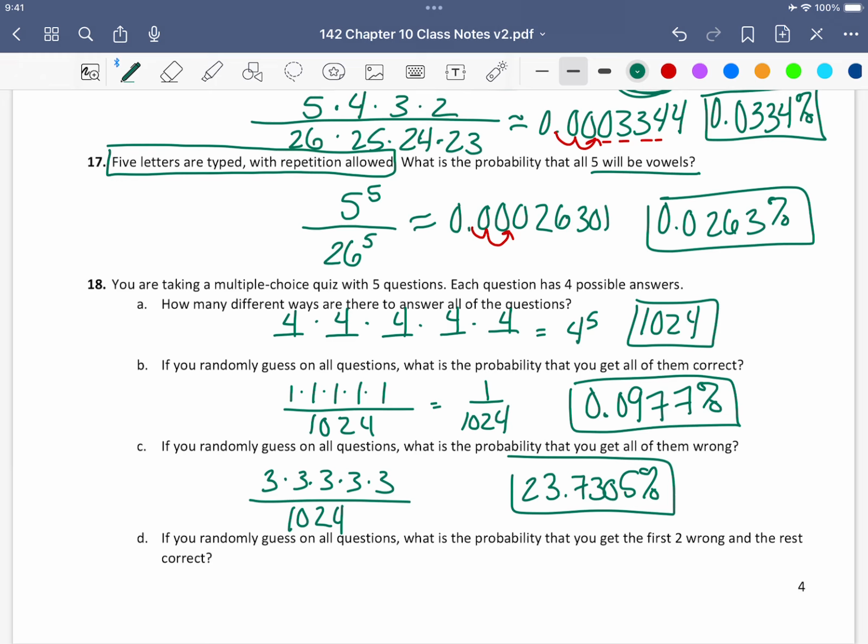And then finally, for the last one down here, if you randomly guess on all questions, what's the probability you get the first 2 wrong and then the rest correct? So again, we're relying on that idea that there is 1 right, 3 wrong. So getting the first 2 wrong means that you picked one of the 3 wrong answers. And then the rest correct means that for the last 3 questions, you picked the 1 right answer. So we'd end up with 9 over 1024 there. And turning that into a percent, again, multiply it and then divide and then multiply by 100 to turn that into a percent, we end up with a percent of